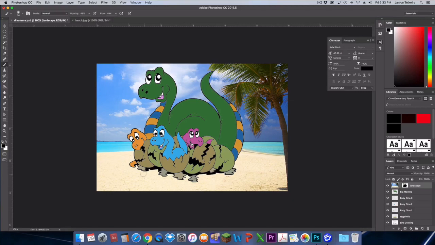Okay. Now with this soft and low opacity, I'm going to just paint a little soft shadow underneath these guys. And what's nice about this is you don't have to worry about it actually getting on the dinosaurs, because our layer mask is allowing that part to be hidden. So it's only going to go on the landscape. And you don't want to overdo that. So that's about all I'm going to do with that. That was pretty easy,